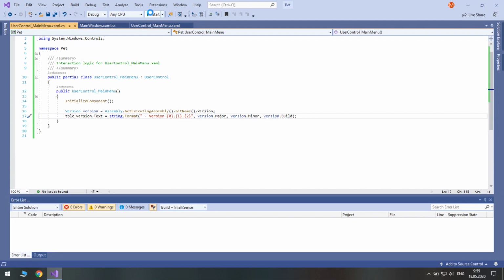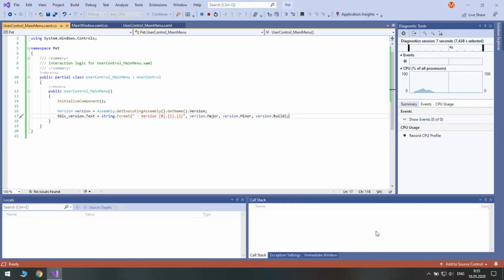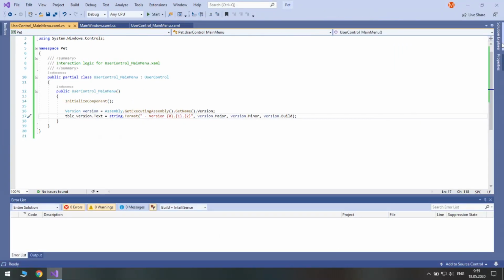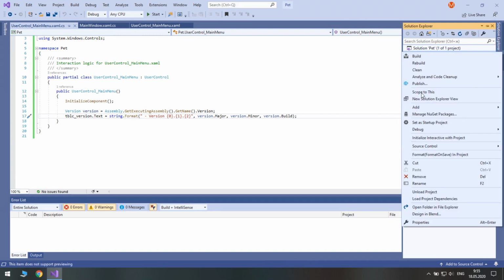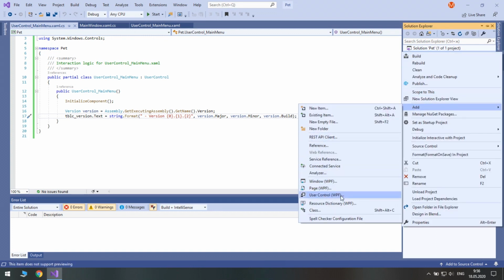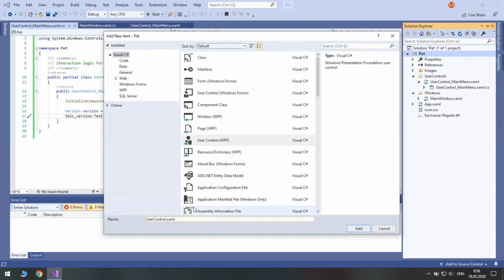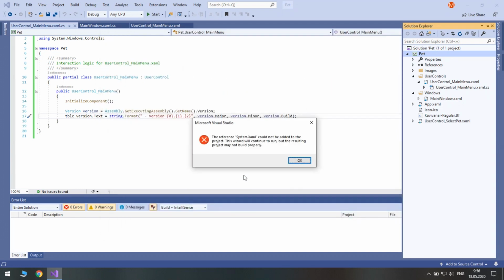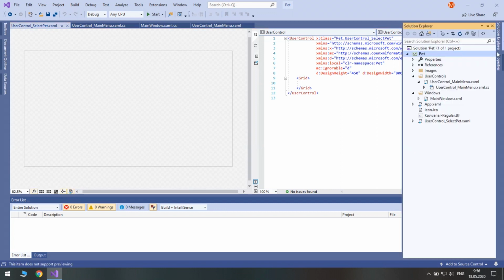Let's check. Now let's create the second screen where players will select a pet. We will get here by clicking the play button.